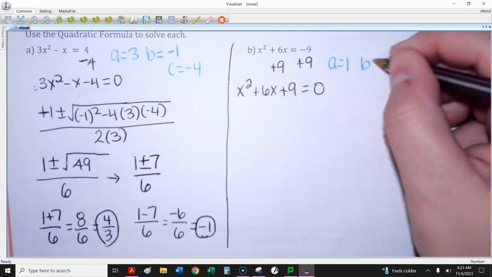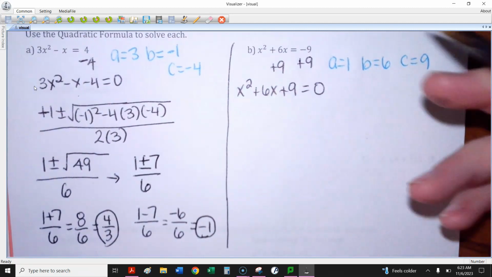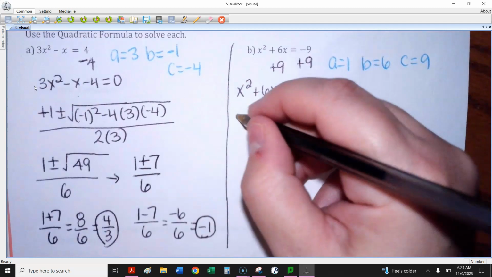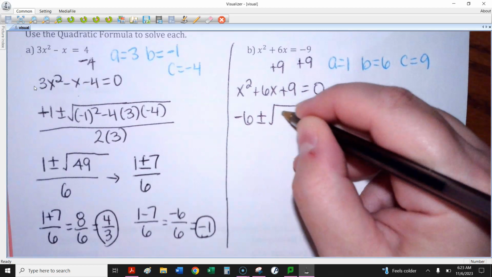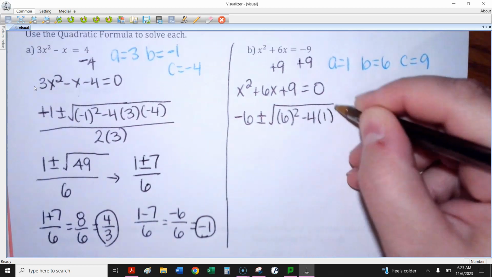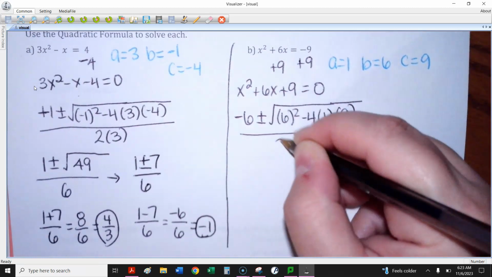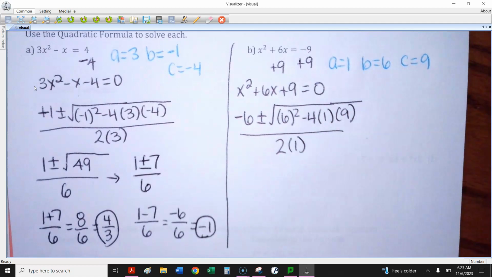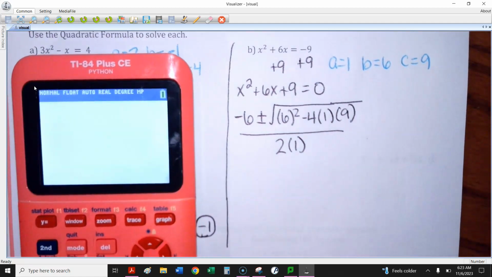B is going to be 6, and C is going to be 9. All right, so I'm going to start out opposite of B. We're going to do negative 6 plus or minus the square root of 6 squared, and then 4 times our A value, which is 1, times our C value, which is 9, all over 2A, so just 2 times 1 for this question. Okay, now like I was telling you guys on the last one, I usually figure out what's under